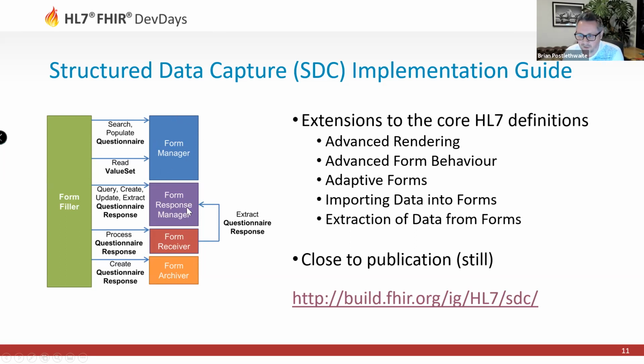If you're managing or processing data submitted from questionnaires, you're a form response manager and possibly a receiver as well. If you're just creating stuff and then archiving it, that's you. But a lot of people just end up in the form filler where you've got the renderer